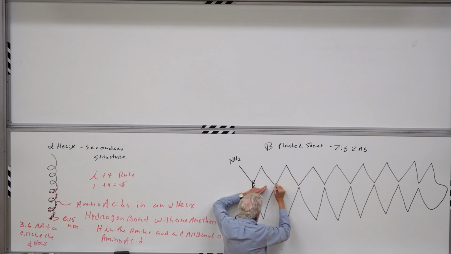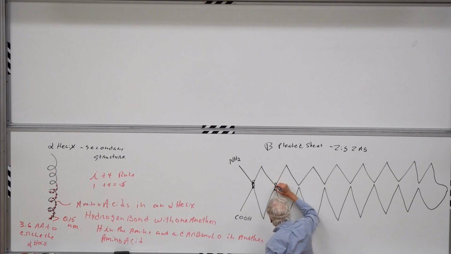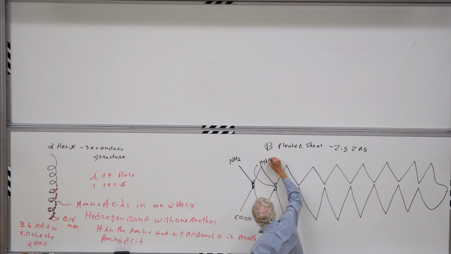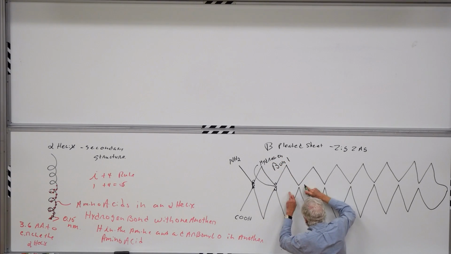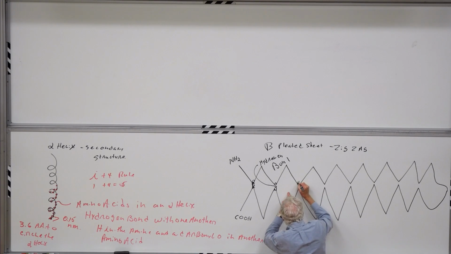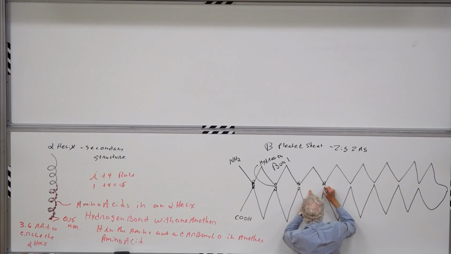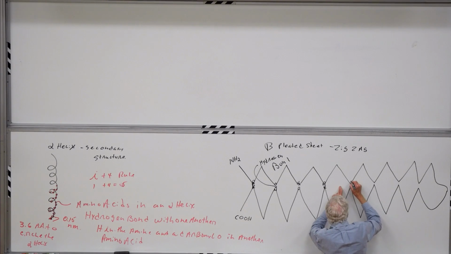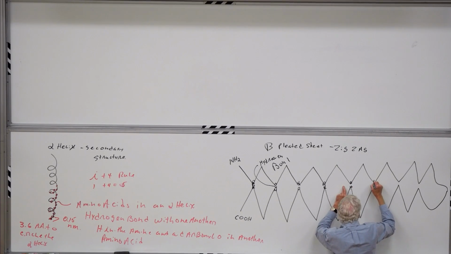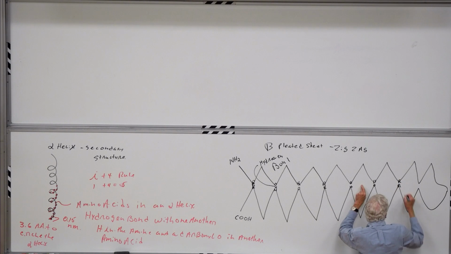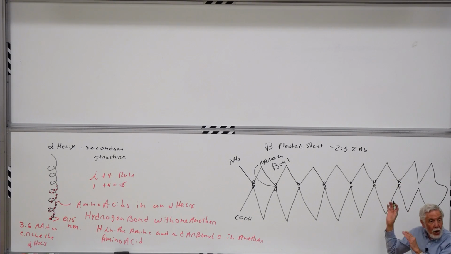Then here we have an oxygen with a nitrogen and its hydrogen. This is now a hydrogen bond. Then again, we have on this one will be a hydrogen from an amine to an oxygen on the other one. But this is a hydrogen bond. Then we have the two R's. And then we have oxygen, hydrogen, hydrogen, oxygen, and the two R's, and so forth. Don't memorize that structure. That's not the important part. What's important here